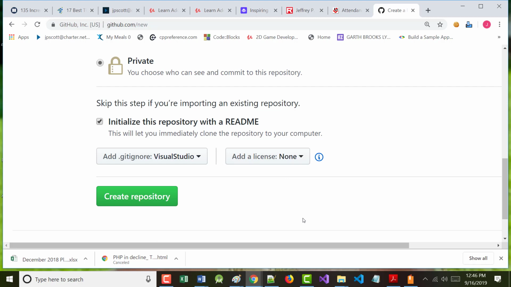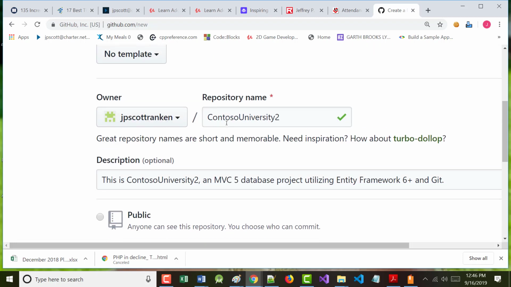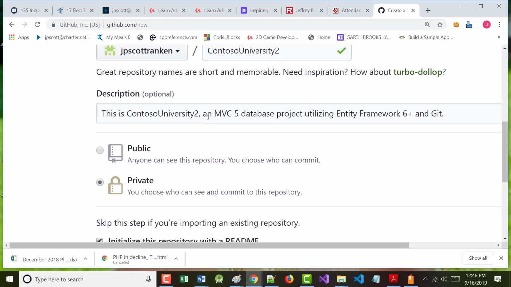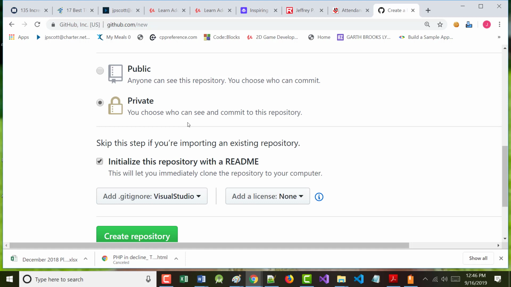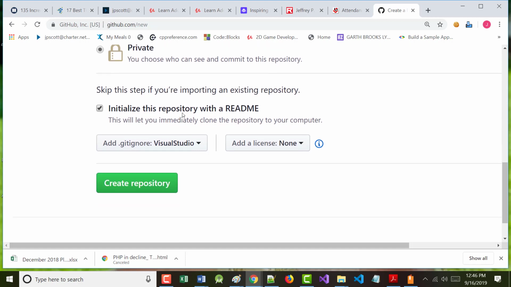I just wanted to show you the license capability, but that's fine. So I'm taking for granted everybody named the project, wrote a description, made it private, initialized it with a README, and added the Visual Studio .gitignore. If you've done all that, click Create Repository, please.